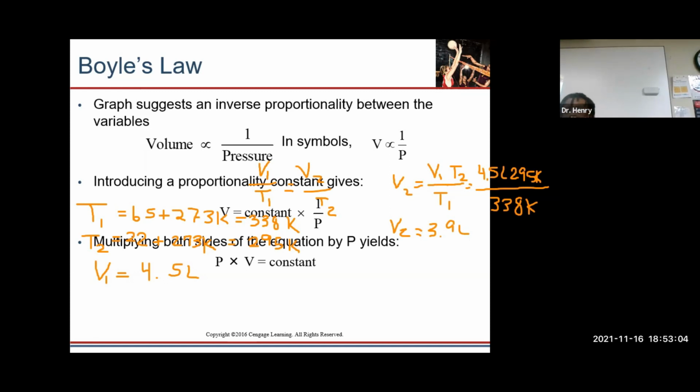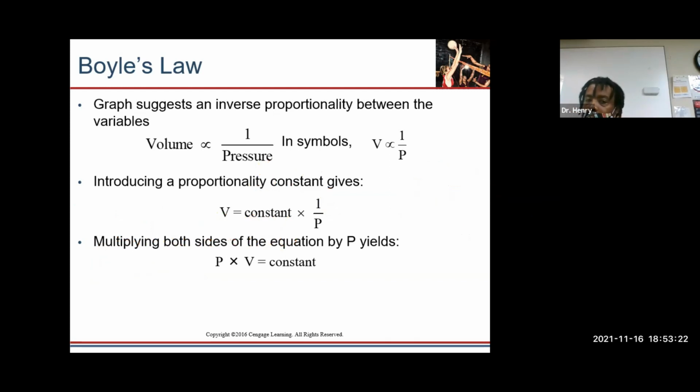Volume is inversely proportional to pressure. So as volume goes up, pressure goes down, and vice versa. So if we set that equal to a constant, then we can set these equations equal to each other,